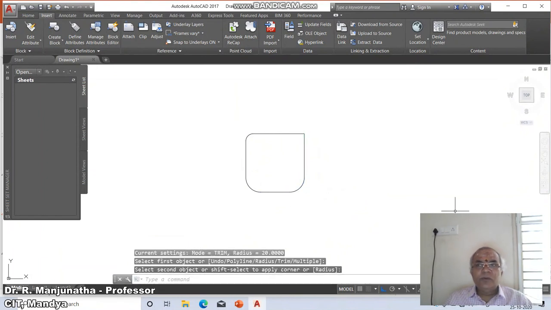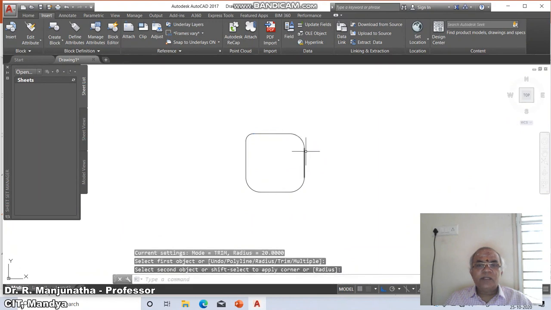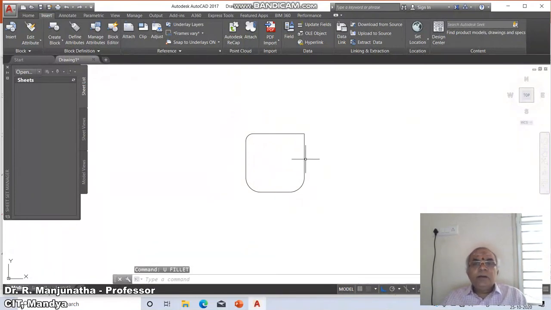So this is how it is going to work with the fillet command. Here the radius, you can select this and you can select this. So this is how we can have the fillet radius option. What it does is, it will measure 20 mm from here and also 20 mm from here. Then it will get the intersection point, and from this point it will take the radius of 20 and draw an arc and remove the extra material whatever you have. So this is the advantage of using the fillet command.